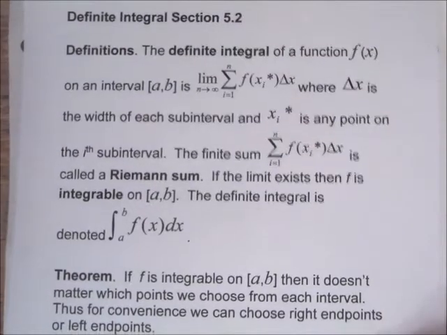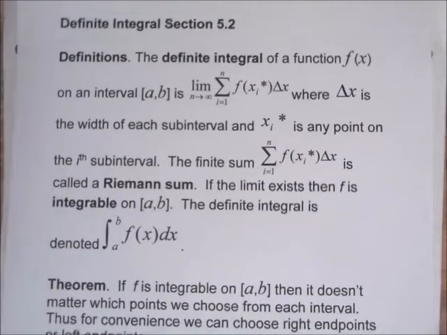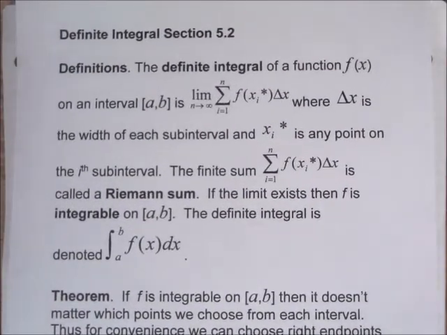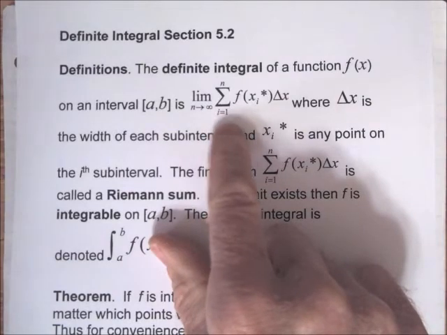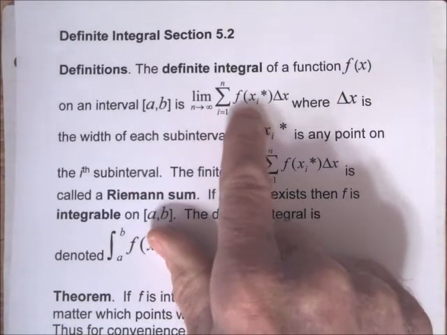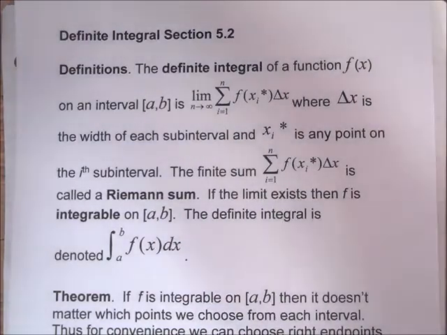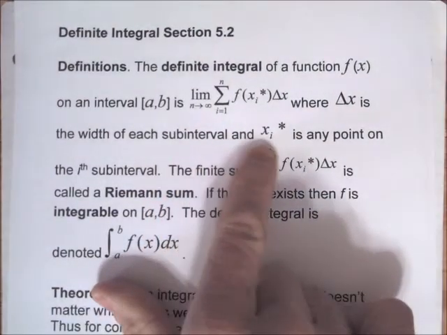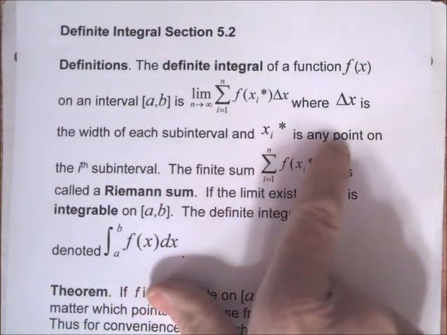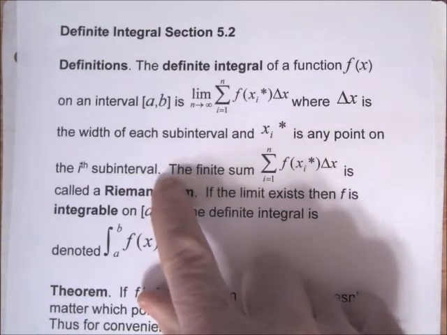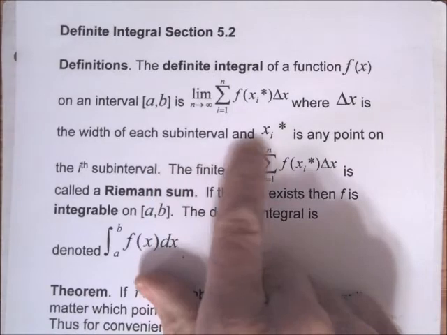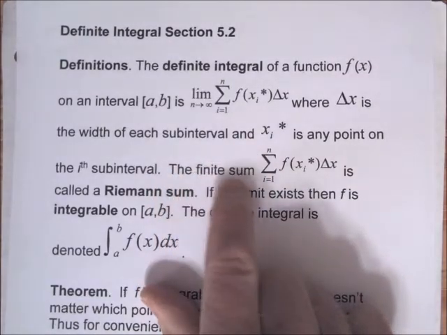Integral, section 5.2. The definite integral of a function f of x on a closed interval a to b is the limit as n goes to infinity of the sum from i equals 1 to n of f of xi star times delta x. Delta x is the width of each subinterval. Xi star is any point on the ith subinterval. It could be the right endpoint, the left endpoint, the midpoint, or some other point. The finite sum